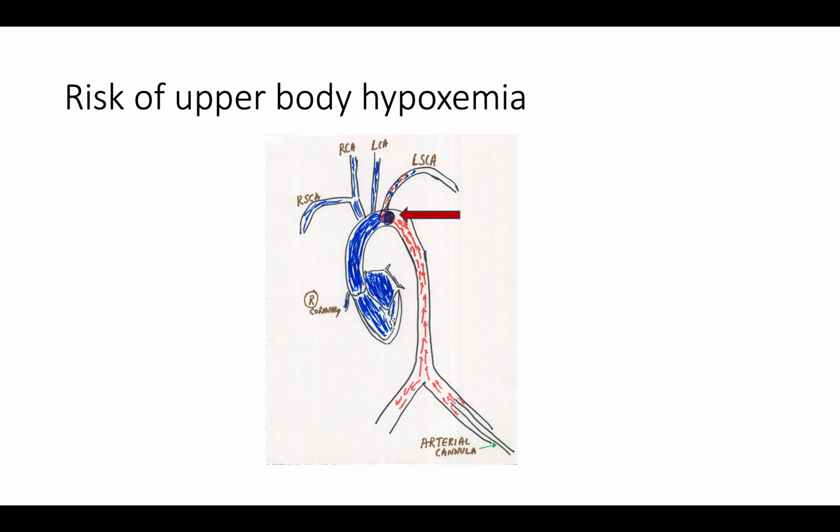Now we will look at some risks specific to femoral artery cannulation. One such risk is upper body hypoxemia. As we discussed before, the femoral artery cannula is placed in the common iliac artery and pumps oxygenated blood retrograde to the upper body. Many patients on VA ECMO can have significant lung dysfunction, for example, due to pulmonary edema